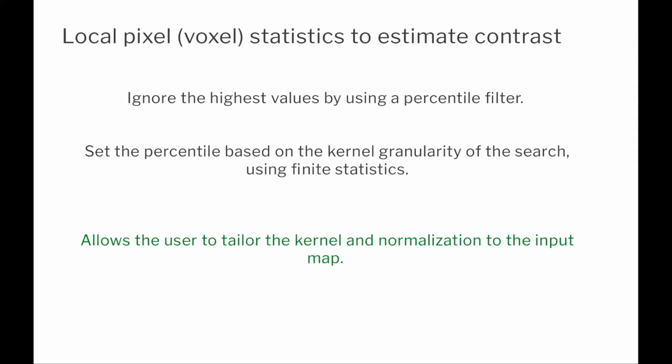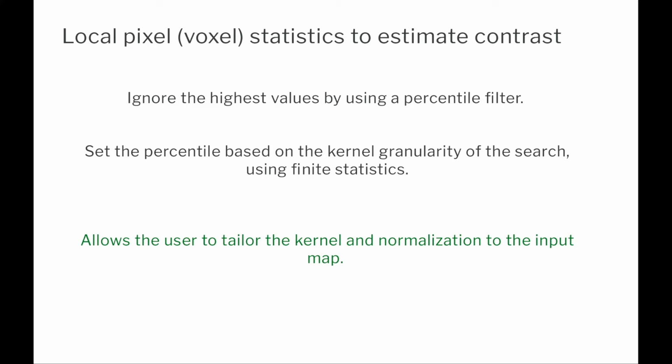So the algorithmic procedure to do this is basically to say that we're just going to ignore the high values. And in order to determine which high values to ignore, we use a percentile filter. Then we choose that percentile to be optimal with respect to minimizing the probability of both under and overestimating the local scale, or the local nominal value.